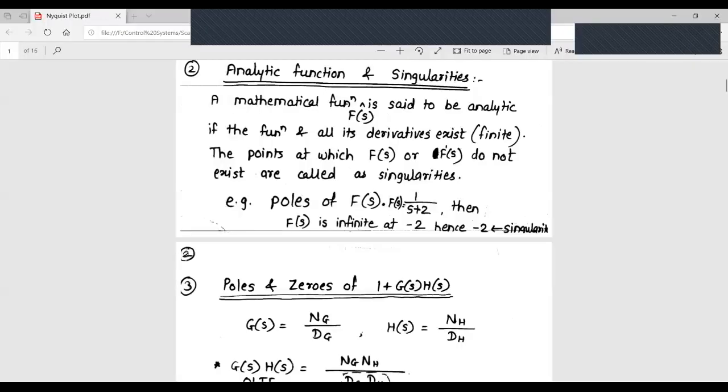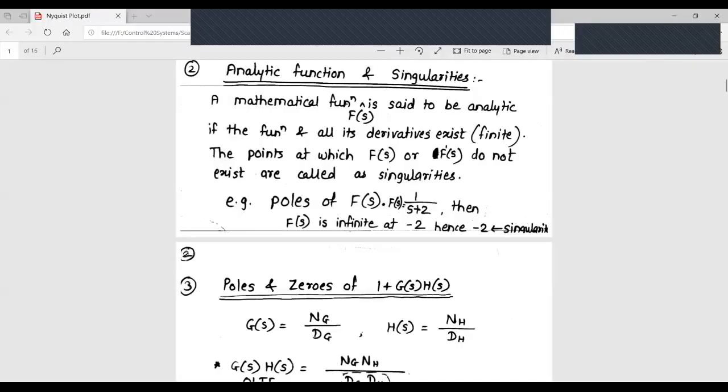Please try to understand. In this particular module, we are just trying to understand various concepts which we will put together in a later module to understand what is the Nyquist theorem. So let us start with the first concept, which we have already discussed yesterday. Let us just revise it, which is known as the critical point.